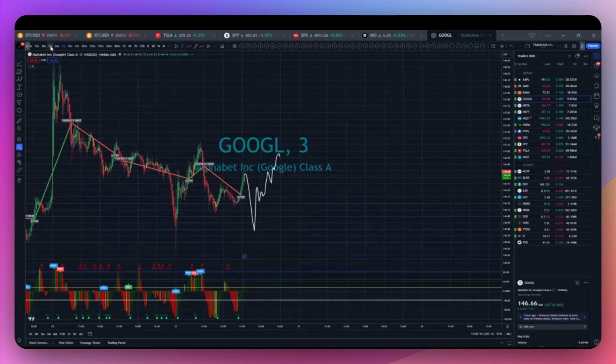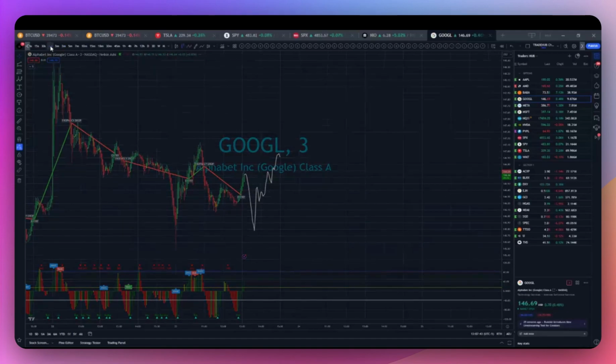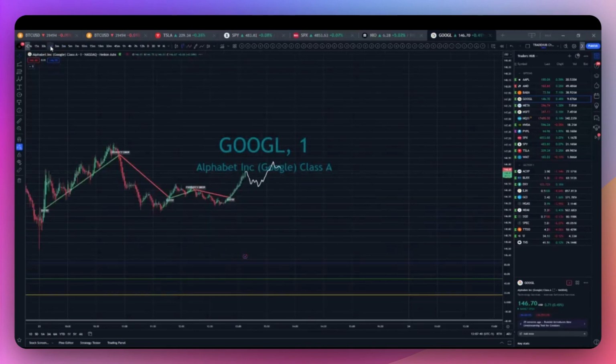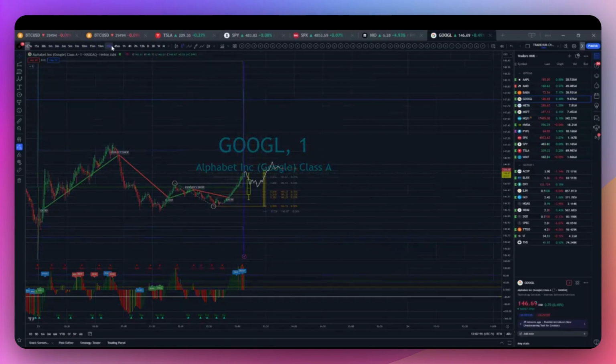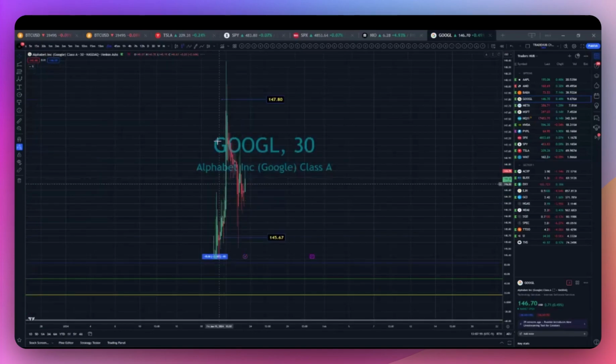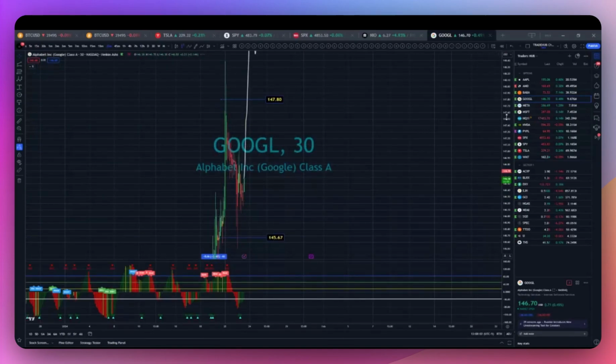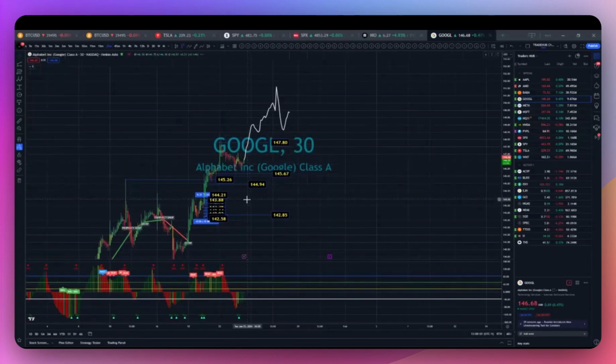Google still on the up. Let's see where there is. They have a correction, but it might not happen just yet. Not worth it. 140, there's a 50-cent move. I wouldn't watch Google anytime soon. It has a higher low, which is great. Higher high means a trap, but this is the buildup we're looking for,